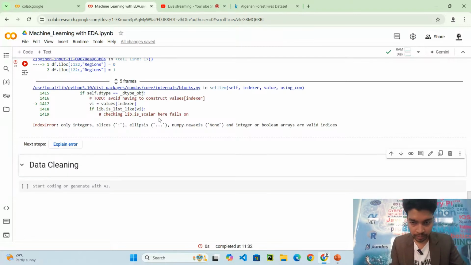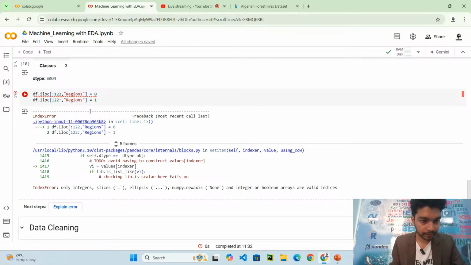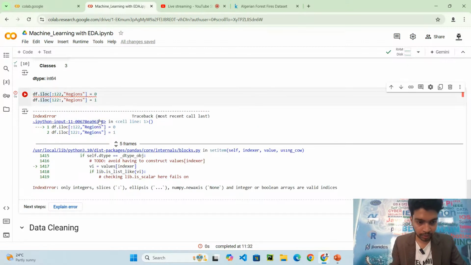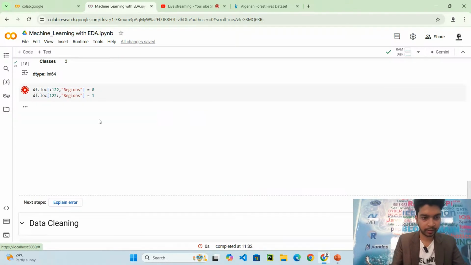Okay, there is an error. I should not have used iloc, I should have used loc. This is the mistake I made.